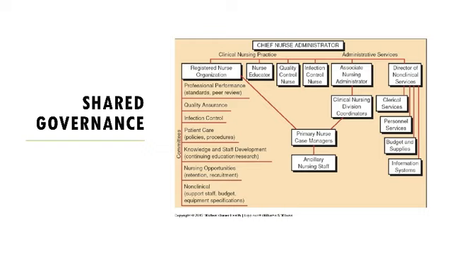It takes so much more time for decisions to come out of shared governance because it's not an autocratic process. It's more of a democratic decision-making process. And that takes time because you've got multiple opinions, multiple experiences coming together for people to share new ideas and then to make a decision.